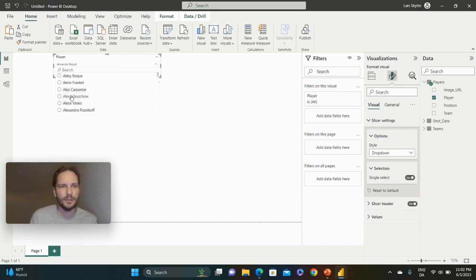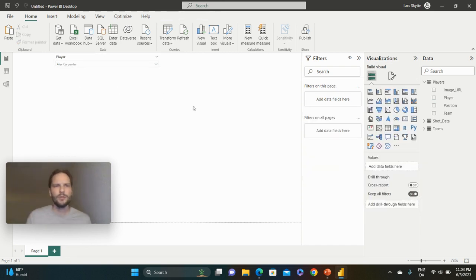This just makes it easier. Okay. So now we have a slicer where you select the player, and then all the tables are filtered so that they only look at rows where that player is selected. Okay, next step is I want to add images of the player and images of the team that the player